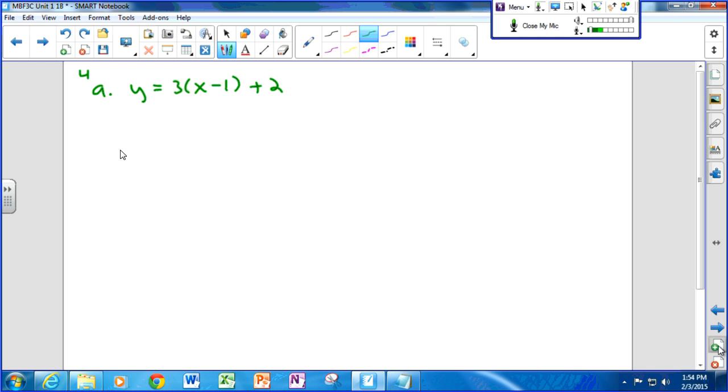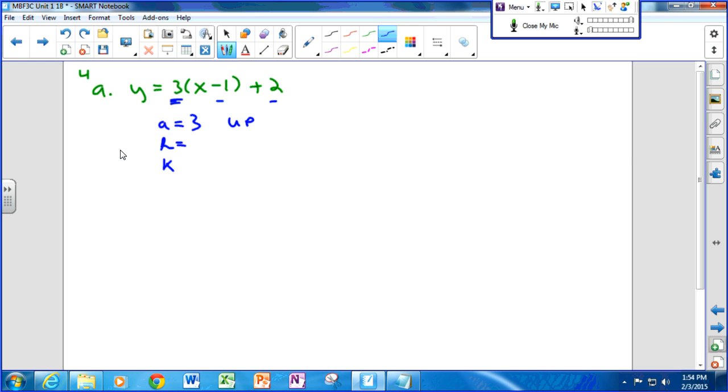So it says, for each of the following equations, state the value of k and describe the shifting of the function. Well, in order to describe the shifting of the function, we probably want to do the a, the h, and the k, right? That'll help us. So a, h, and k. In this case, our a value is positive 3, so we just write 3. Now, is that going to open up or down? Our a value is positive, so it's going to open up, right?